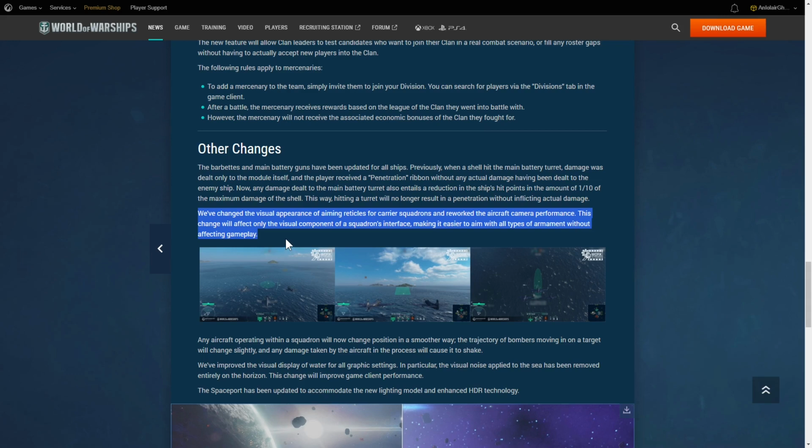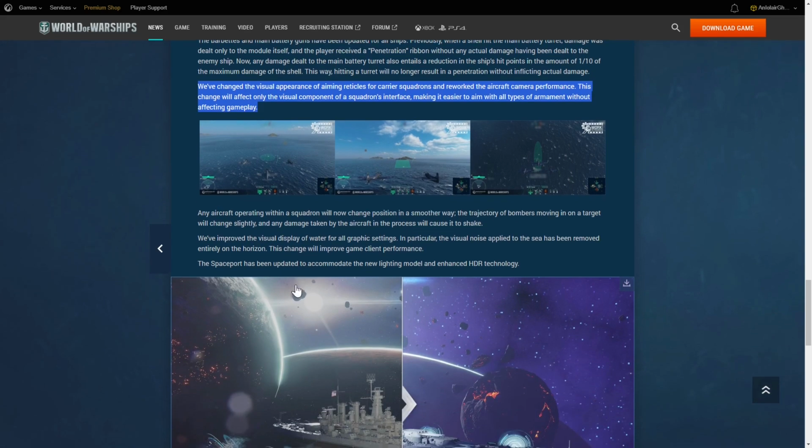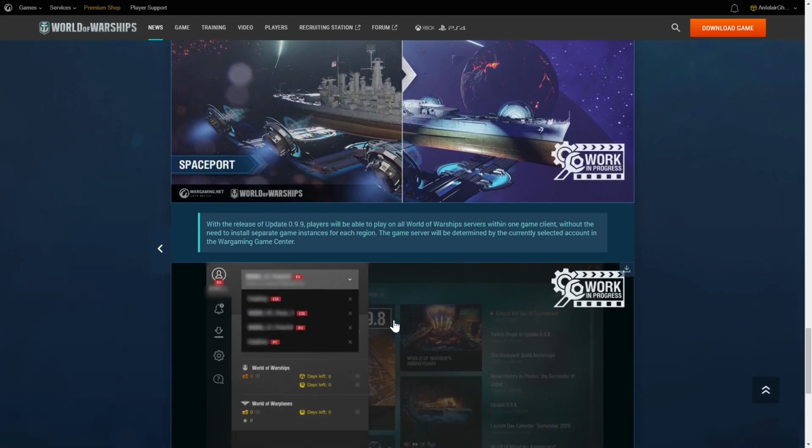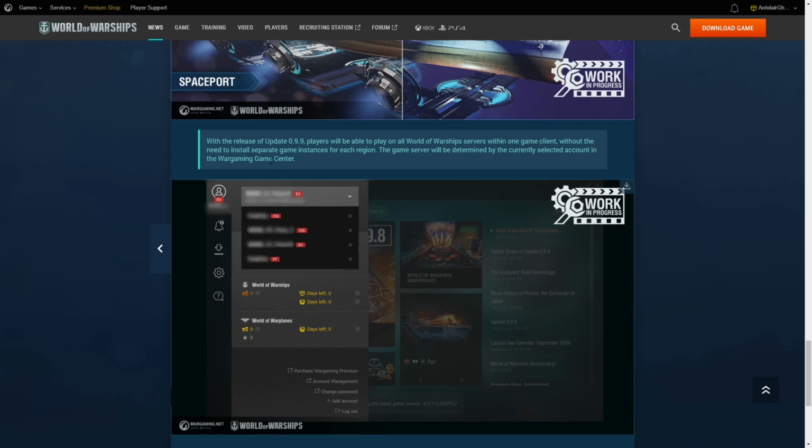easier to execute. Again, I know there are lots of anti-carrier players out there that are not looking forward to carriers becoming even more effective, but Wargaming is making some usability changes to make the attack vectors, or at least the visuals. The mechanics won't change, but the visuals are supposed to help with aiming and things like that. All right, and then we're going to get some UI updates on the spaceport, and then the last update that